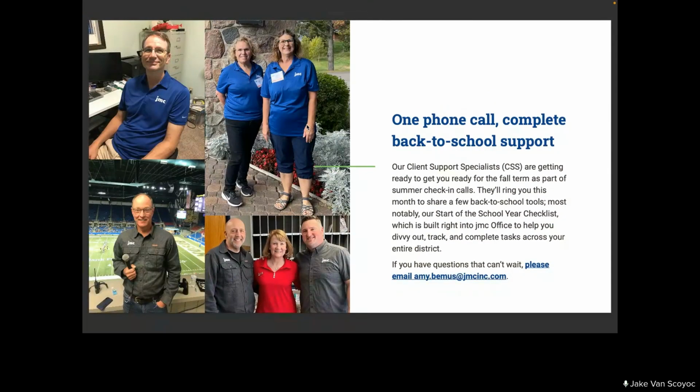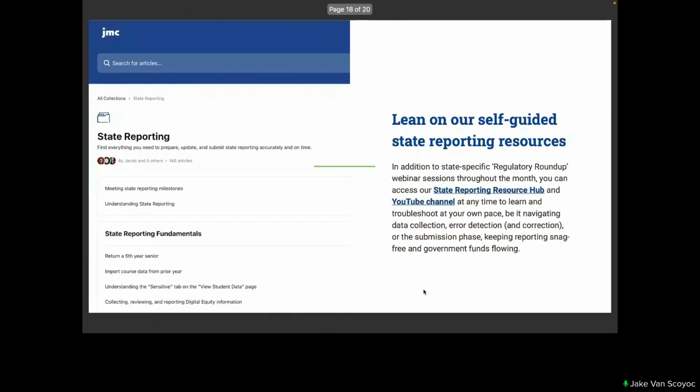Our client services specialists are getting ready to get you ready for the fall term as part of the summer check-in calls. They'll ring you this month to share a few back to school tools, most notably our start of school year checklist. So if you have any questions about any of the items on that list, be on the lookout for any of those calls. And these folks are great folks to get you some in-time training as you're working your way through that checklist. If you have any immediate questions, you can email